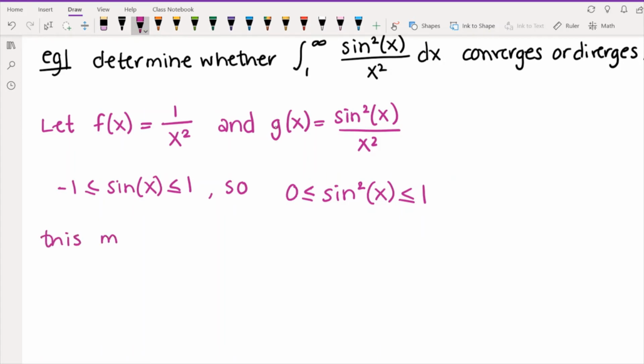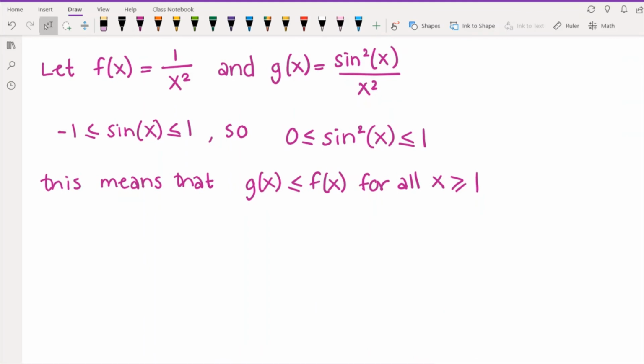this means that g of x is less than or equal to f of x for all x greater than or equal to 1. And so now we can apply the comparison theorem. So by the comparison theorem,